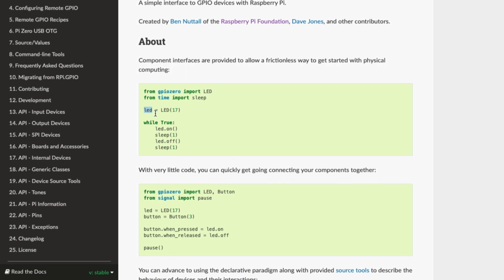Then this is where we actually create the LED. So the LED is going to be connected to GPIO pin 7. And then this is just a continuous loop. Basically, all this particular code is doing is making a blinking LED. It's going to turn the LED on, so this is the LED at GPIO 7. Then it's going to sleep for 1 second, LED off, sleep for 1 second, and loop, loop, loop, loop, loop,